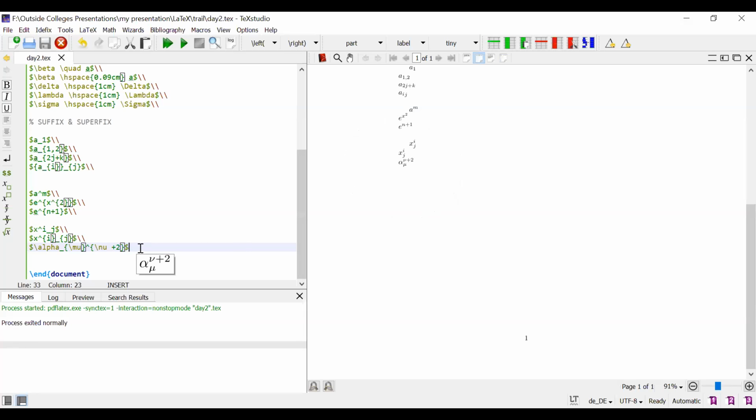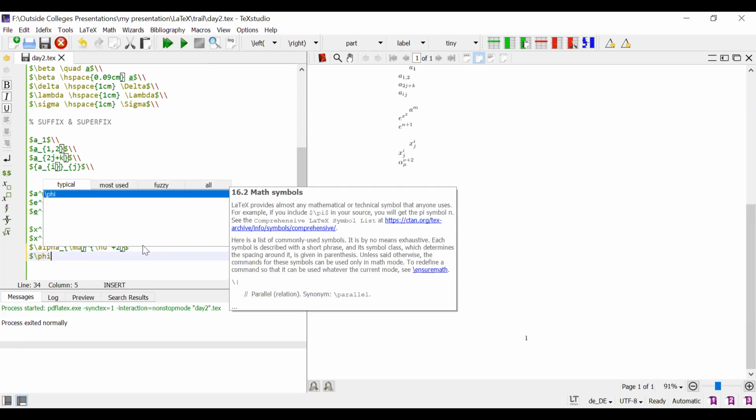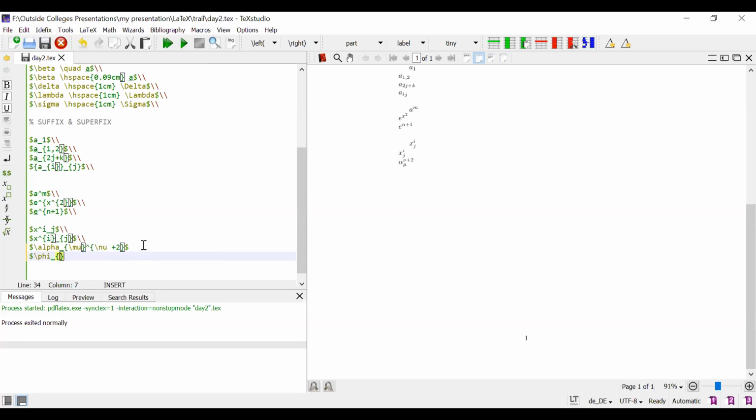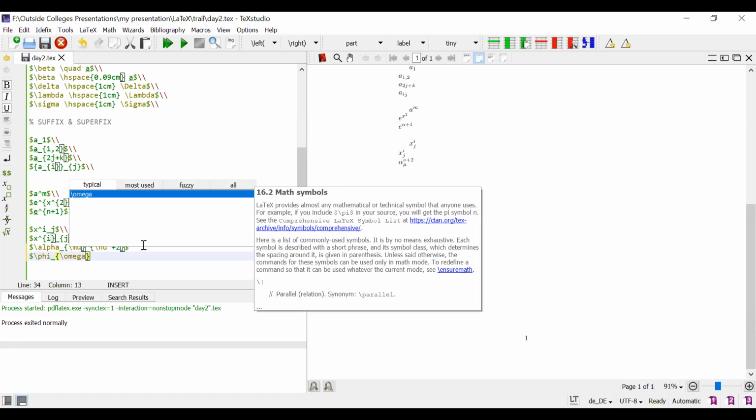Again, one more complicated expression I want to write, that is omega, dollar symbol, pi is a main. Next, I want to type the suffix, that is omega.